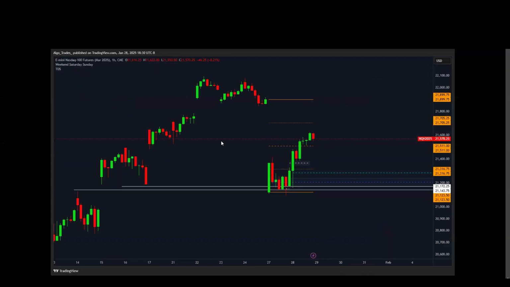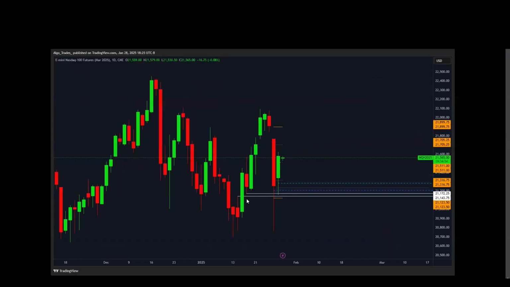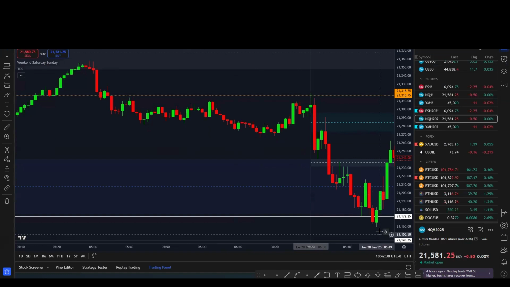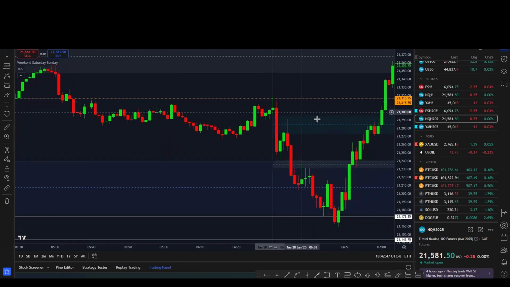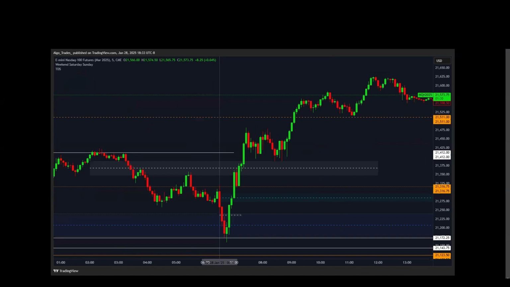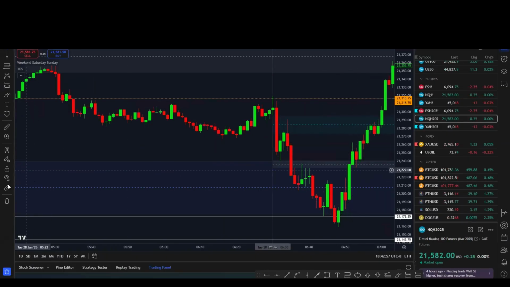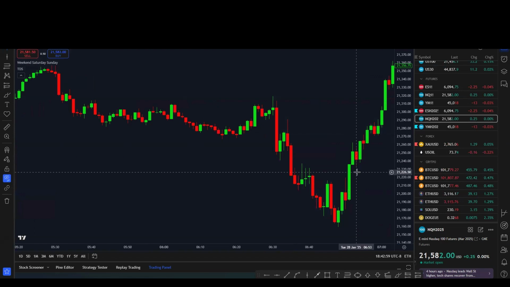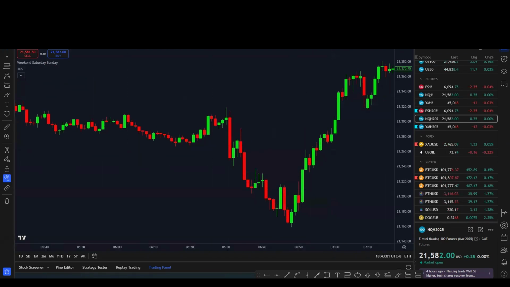So again, this daily inefficiency right there, we tapped into it after we tapped into the fair value gap right there, making our way down, tapped into the daily inefficiency, come up, and then essentially we just leave a 1-minute BISI right there, also in line with the 5-minute fair value gap that I've been showing you guys right there. Okay, 5-minute fair value gap, 1-minute institutional order flow entry drill right there, in line with the 5-minute